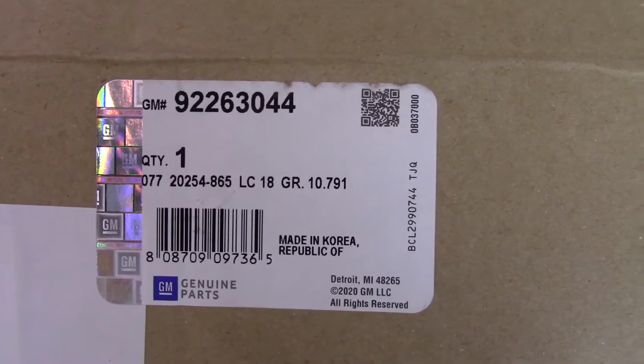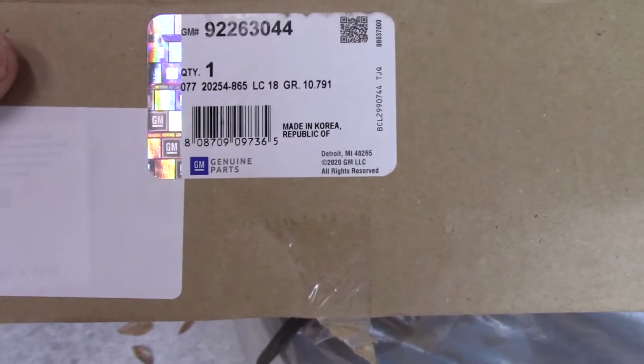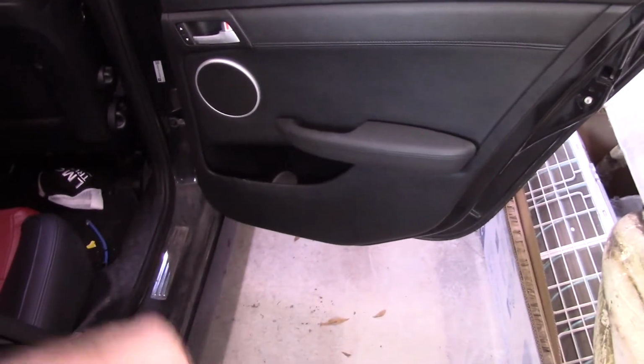It is a GM part. You can see it there, 922-63044. Should be for this passenger side back. So the first thing I gotta do is take the door panel off so I can get to the